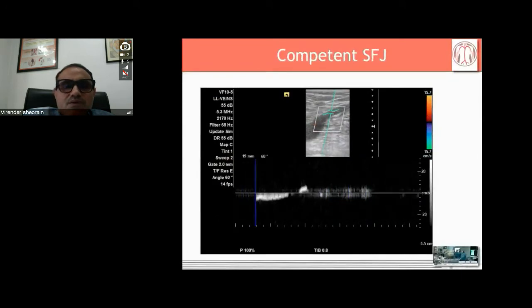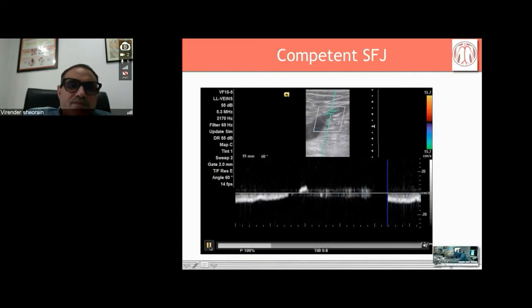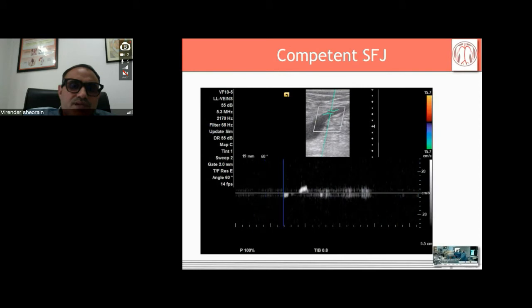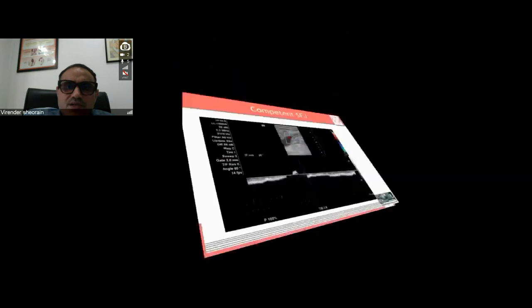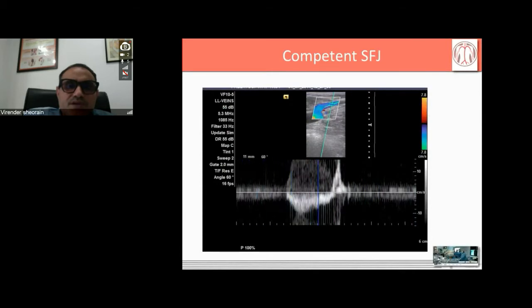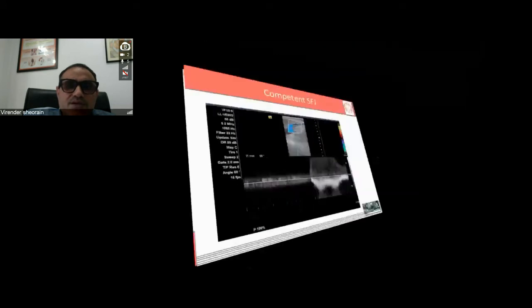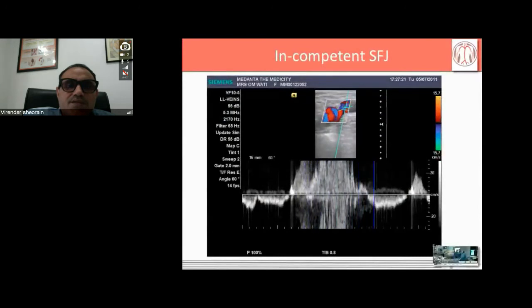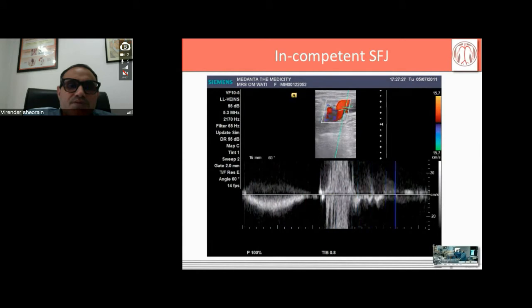Here you can look at some live videos. Here you can see how the reflux is there. When the patient is straining or doing a Valsalva, this is what happens. You can see the flow below the baseline, which is how it should be, and then it refluxes when the patient strains. Here you can see the reflux. A strain, and then there is an incompetent valve. So there is a great reflux. Again an example of reflux. With just minimal strain or lifting of the neck, this is what happens when the valve is incompetent.